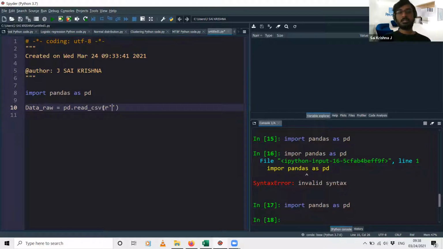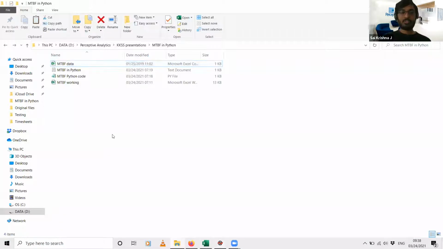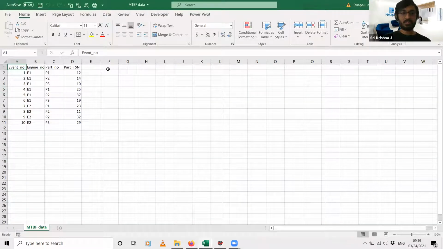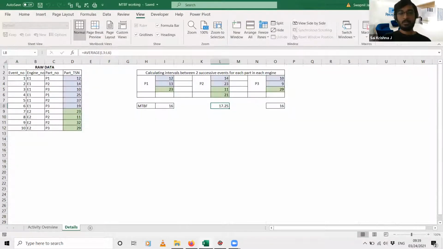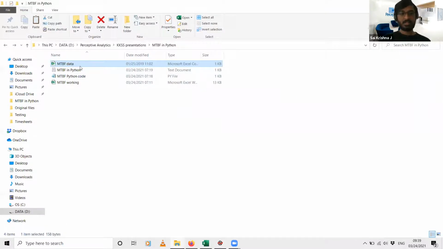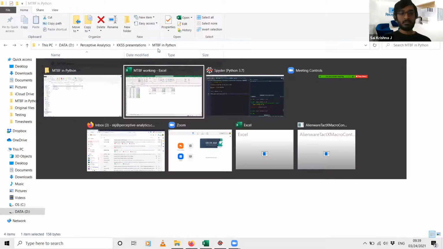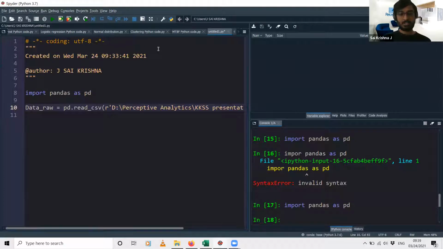Just after typing this letter R, you go to the place where you have saved the raw data file. So this is the data file that I sent you, mtbf-data.csv, and this is the directory in which I have placed it: D:/Perceptive Analytics. I'll copy this file directory from here and paste it here.